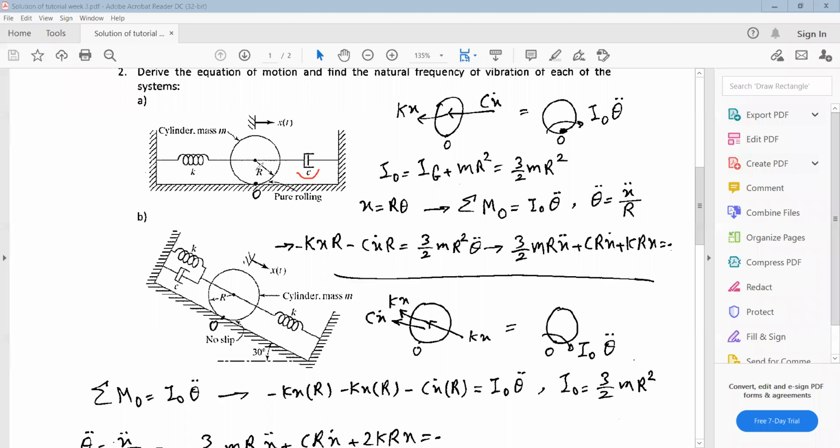For this purpose, we can write, in fact, the moment equation about this point O, because from dynamics, you know that when we have pure rotation, pure rolling, and we don't have slipping in our motion, it means that